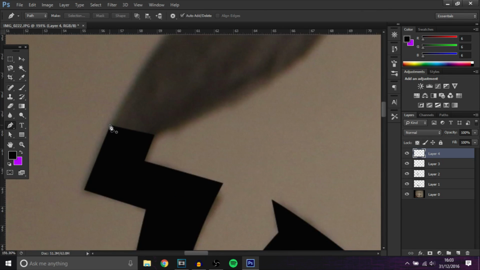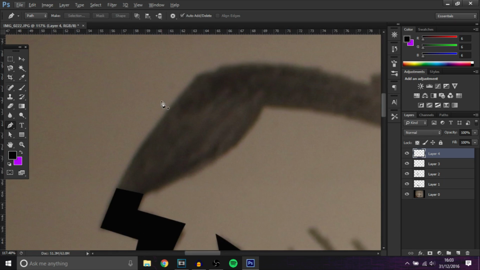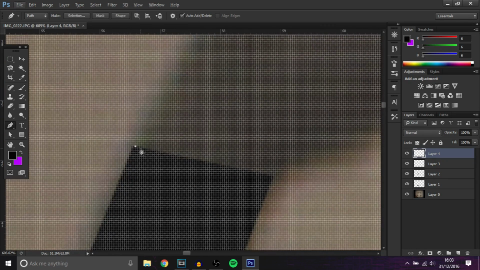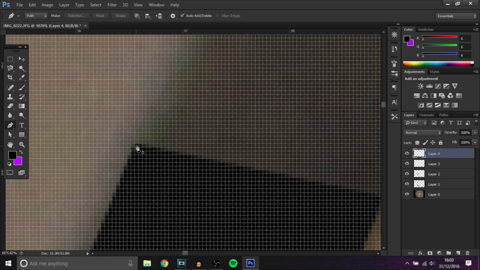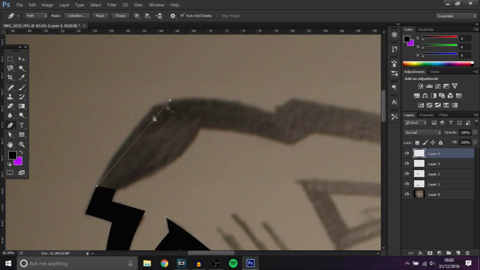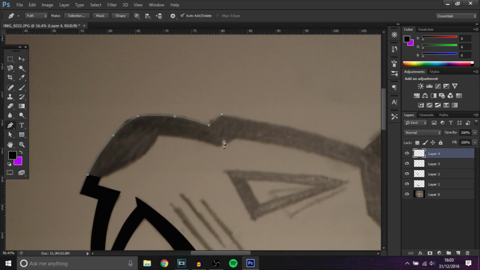So on Illustrator, you'll be able to just click on the corner and carry on, but it's actually quite hard in Photoshop. So this is why it's easier in Illustrator, but you're going to have to zoom in, click, and then carry it on there. So let's just do it. Bang. Over here, this is like the nose part. Now let's just carry on,